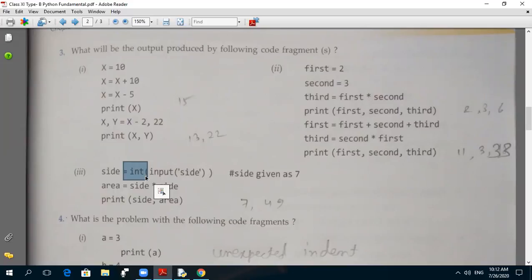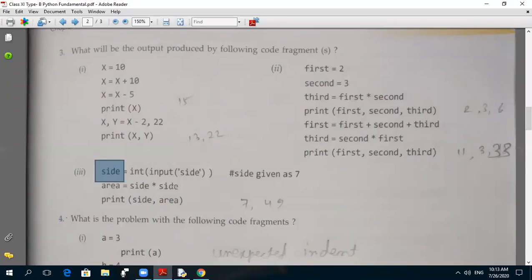I have taught this topic in the previous Zoom classes. 1 plus 1, if both are strings, is 11. If both are numbers, 1 plus 1 is 2. So the input statement always takes value as a string, and int will convert it to a numeric value. So now the value of side is 7 in numeric.